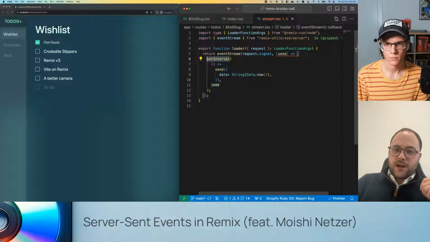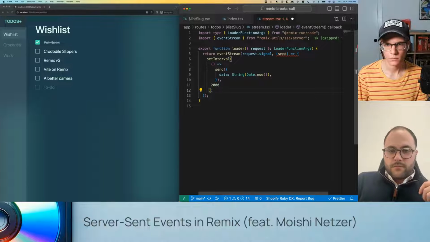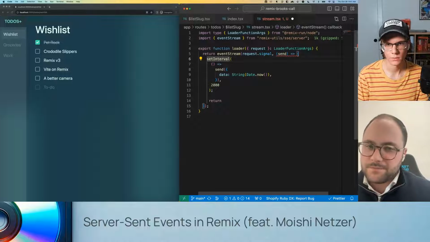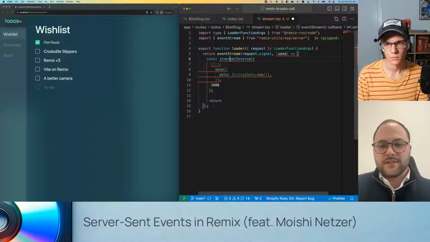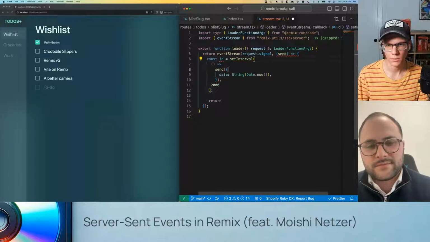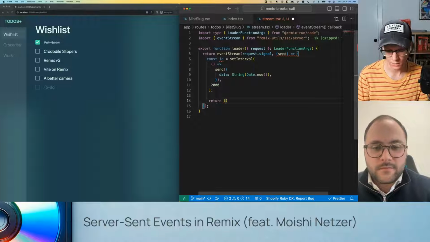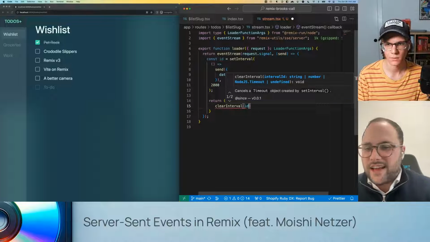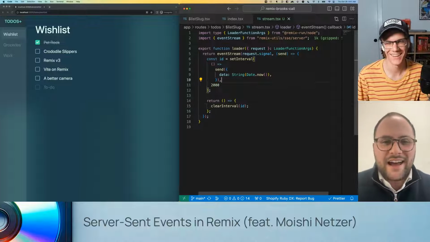So let's return, and let's cancel the interval, really. So return a function that clears that interval. Exactly. We should do an ID. And then this. What is it like? Clear interval? Yes. Okay. Perfect. Yeah, you are on it today. I love that.